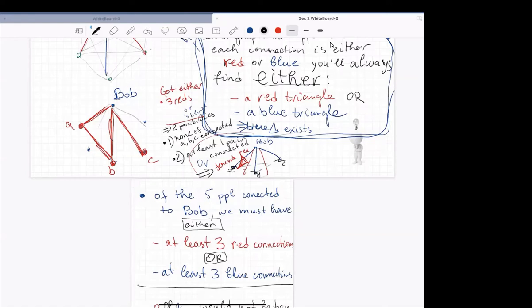Either all connections are red, in which case I found the red triangle, or at least one connection is blue, in which case, let's say X and Z is blue, then here's a blue triangle. Either way, I find a triangle, either a blue one or a red one. Do people agree with me? Because I've just concluded the proof. Granted, it's proof by cases. So kind of lawyer-like proof. But I wouldn't say it's an elegant proof, because so here's the assignment.